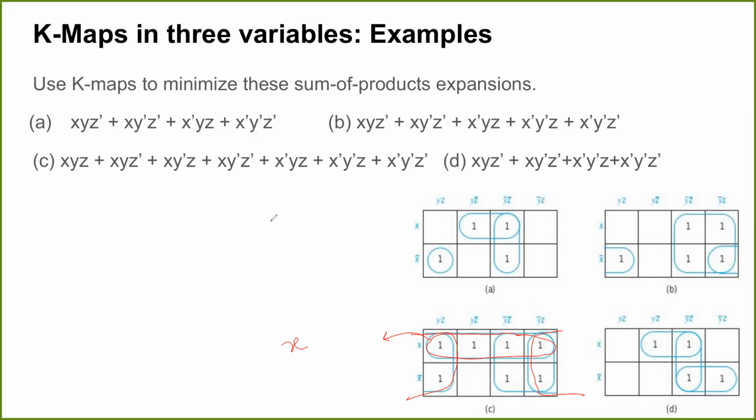Okay, so let me just write it. It is x, y, z. It is x bar y z. Okay, so you can see y z is here common. Then we have x y bar z and x bar y bar z. Right, so you can see x, both varieties are there, y, both varieties are there. So what is left? Very good, it is just z. Okay, and remember, four groups give you just one variable. What about this one?